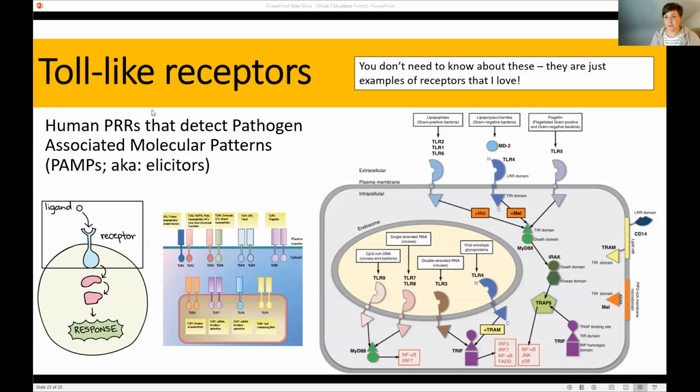These are called toll-like receptors, or TLRs. But again, I just think these are amazing because why cell signaling is so important is that without these receptors, your cells wouldn't be able to tell the difference between your cells and a bacterial cell. Without receptors, your cells wouldn't be able to tell the difference between good E. coli and bad E. coli. And this is so important.